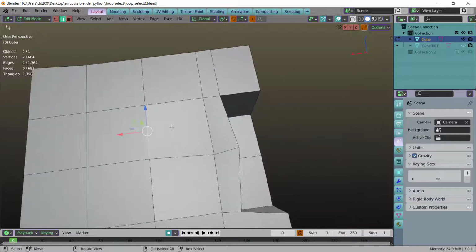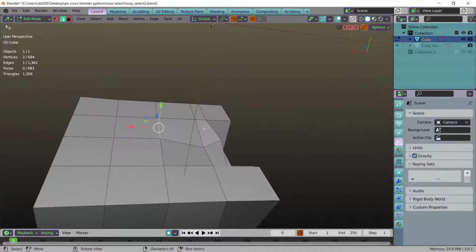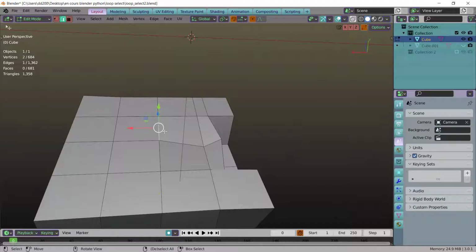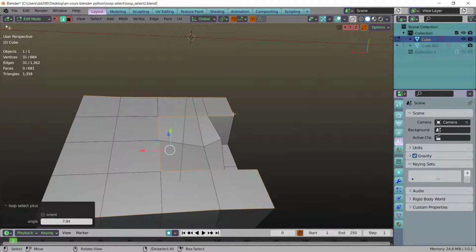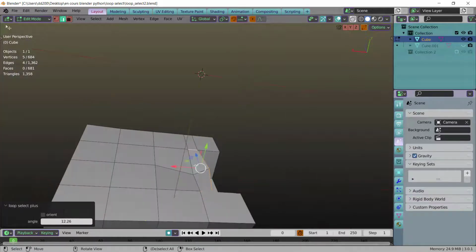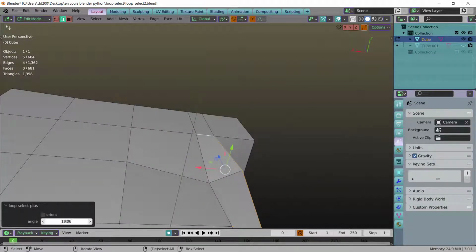Okay, I wanted to show that between this face and this face we have an angle of 19 degrees, and there we have a very low angle. So if you do this, you need to reduce the angle to have an effect. But after, this is going straight because we have a too low angle. So this is a problem there. So you can do it like this, and you can only select this in fact. Okay, so it was just to show you the difference between high angle and less high angle.